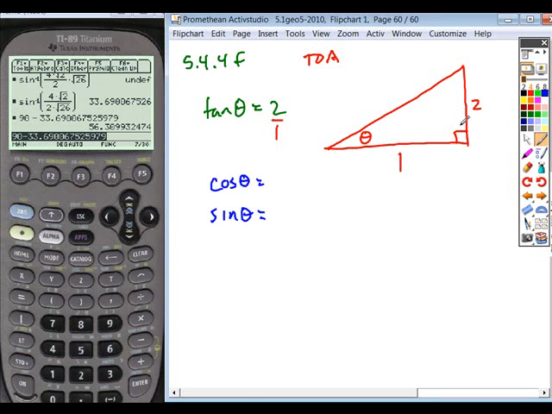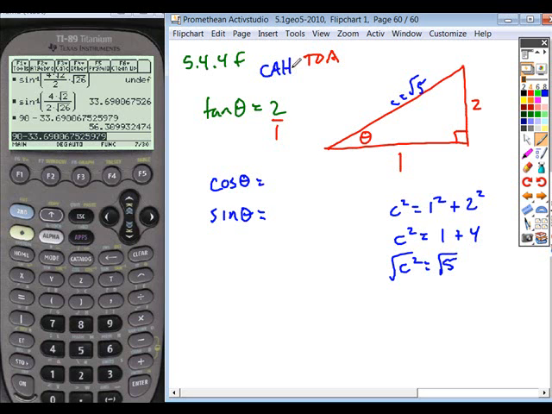So if I use the Pythagorean theorem, I would get that this c squared value is equal to a squared plus b squared. So 1 plus 4 is equal to 5. Taking the square root, we get the length of this hypotenuse is the square root of 5. And so now when we set up our ratios, cosine is